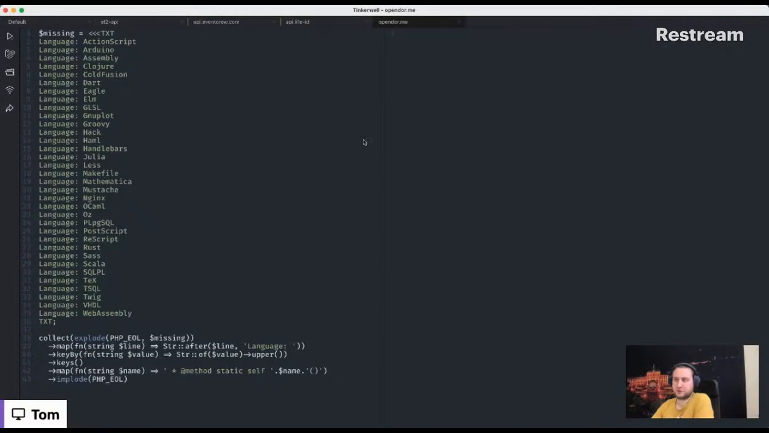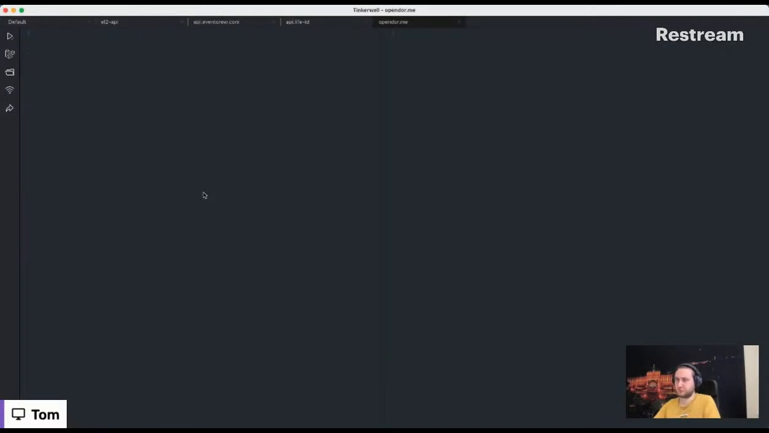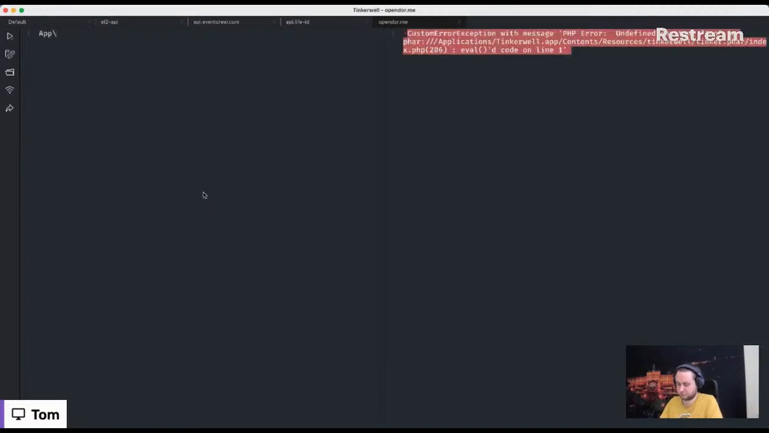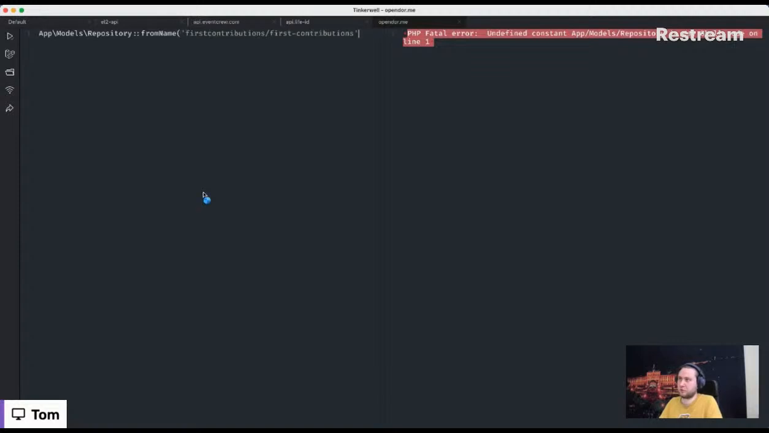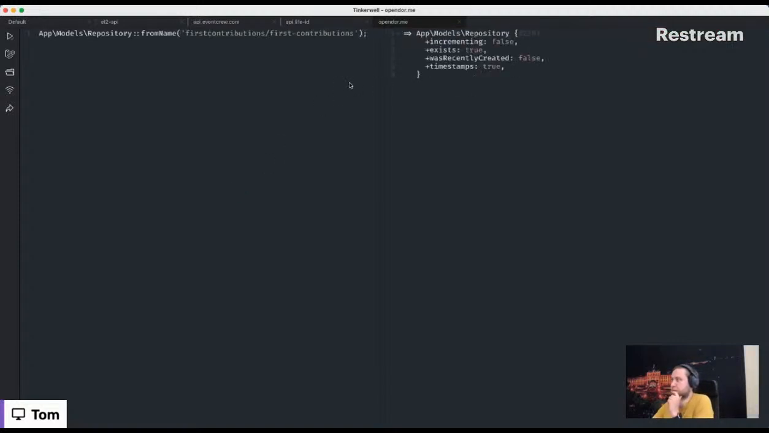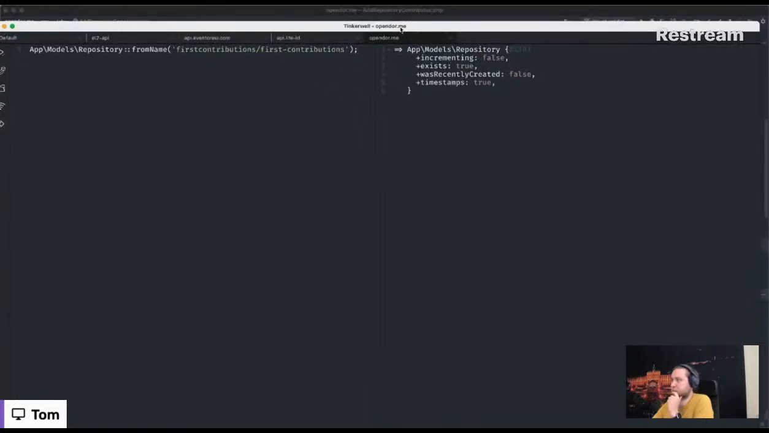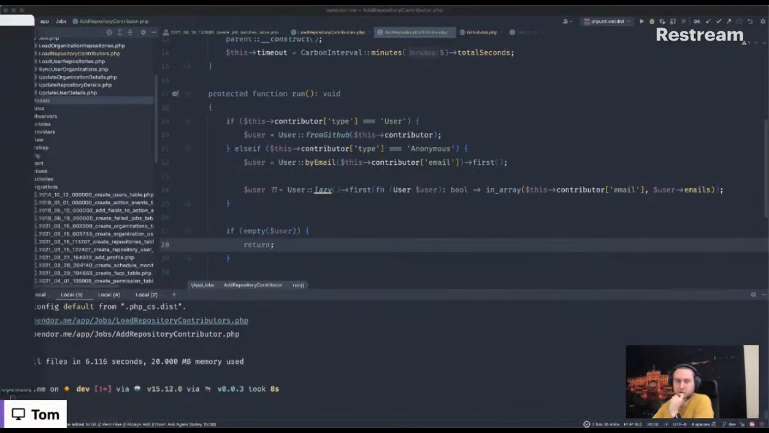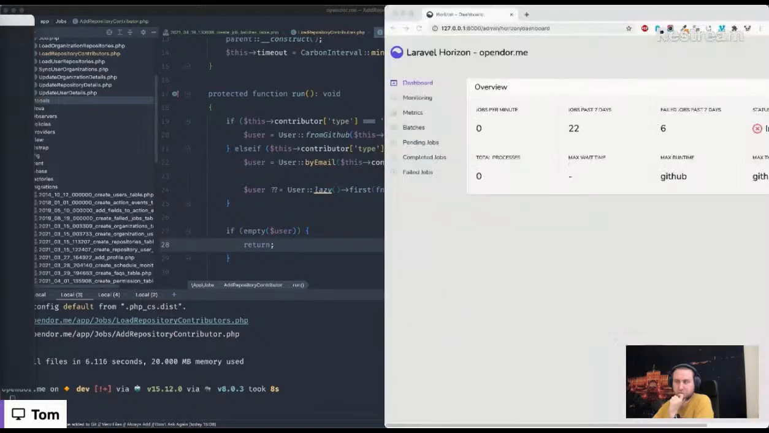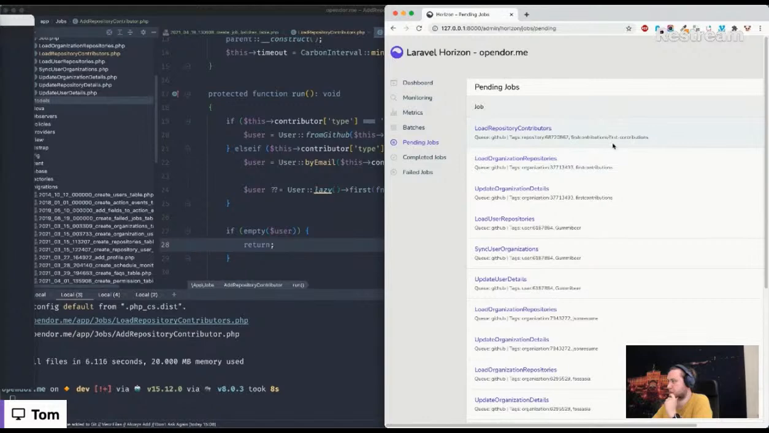I will just think about this. So, app models repository from name, and that's it, or should be. Okay, so